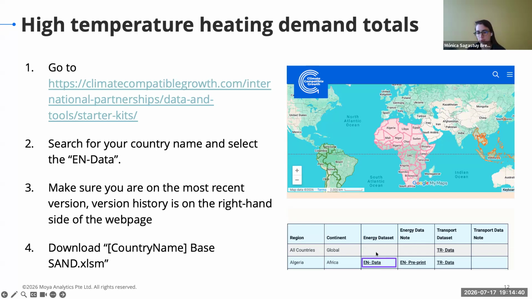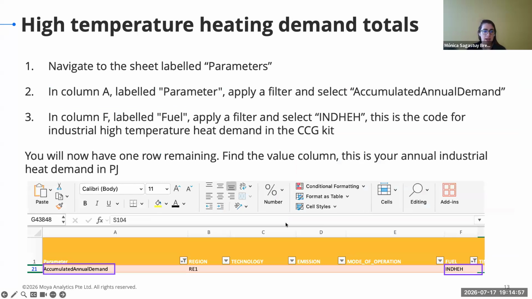So we're going to go the same process as yesterday to the website. If you already have downloaded the energy data from CCG, then you're fine, but you're going to go into the SAND file. So that's an important caveat to make. And you're going to find a very large table that you can filter out by different types of assets. So we're navigating to the parameters, and we have the accumulated annual demand